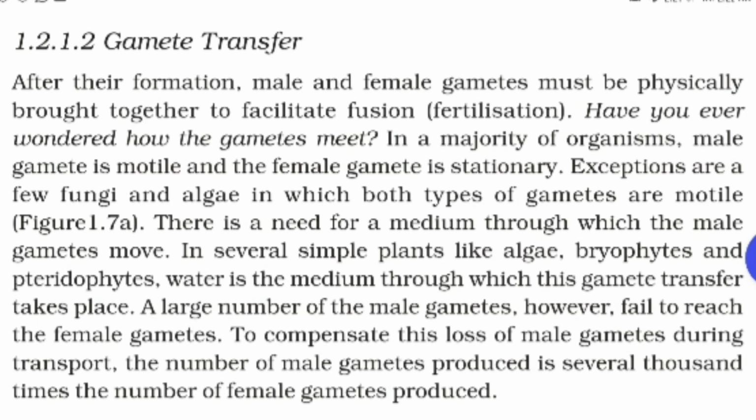And the female gamete is stationary. Why is it stationary? Because it is the heaviest kind of cell in human beings and in all animals, because it contains food for the future generation. Food means all kinds of nourishment provided by the egg cell for the future generation. That's why nature has given the female gamete the power to become a little heavy and stationary.